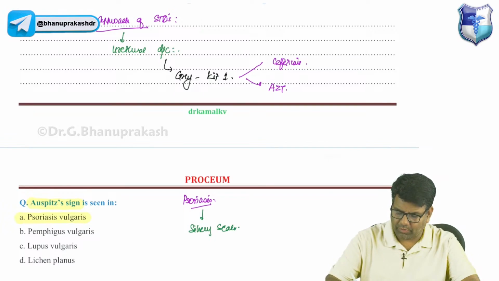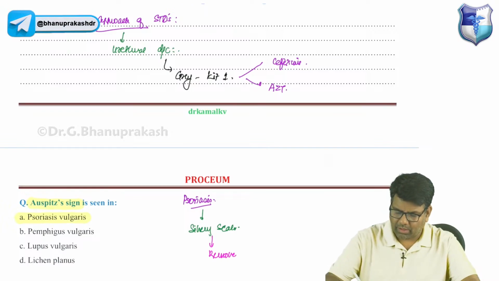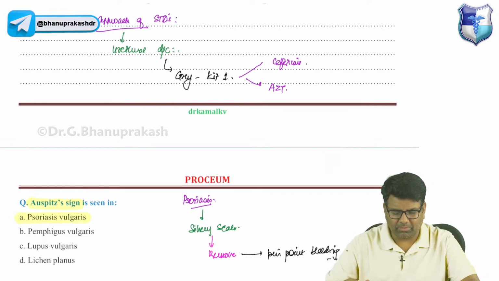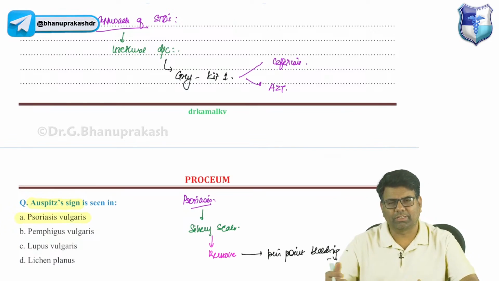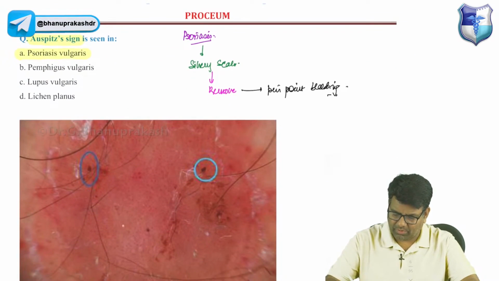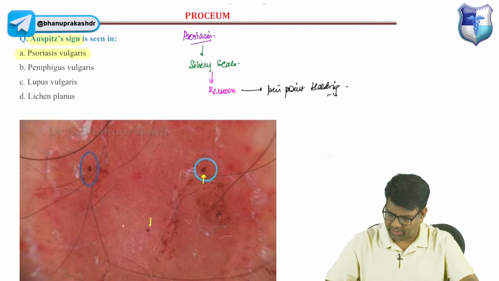If you try to remove these silvery scales, this will lead to pinpoint bleeding. So the simpler explanation for Auspitz sign: removal of the scales leads to pinpoint bleeding. Classically, you can see pinpoint bleeding after removal of scales. So this is Auspitz sign, very suggestive of